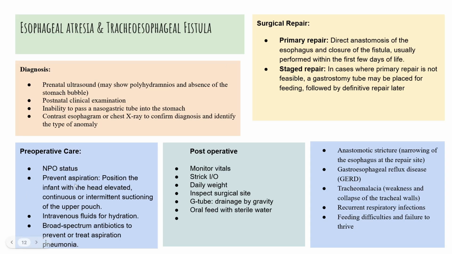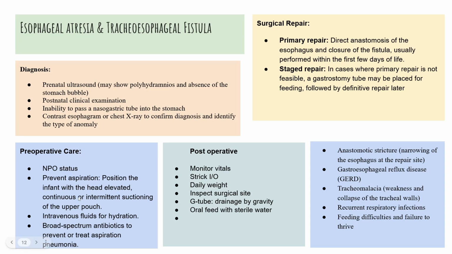Preoperative care includes preventing aspiration, keeping the head elevated, and continuous or intermittent suctioning of the upper pouch, because the feed is not going into the stomach. If we give it, it only goes into the esophagus, so suctioning will be done for the secretions. IV fluids and hydration will be given. Usually they put a G-tube to prevent aspiration, because aspiration pneumonia can occur and lead to distress, and death is likely